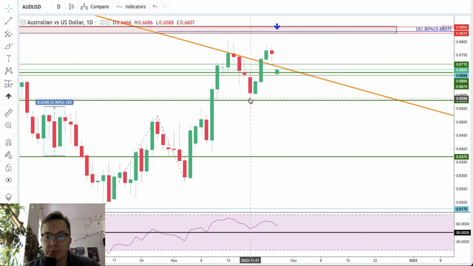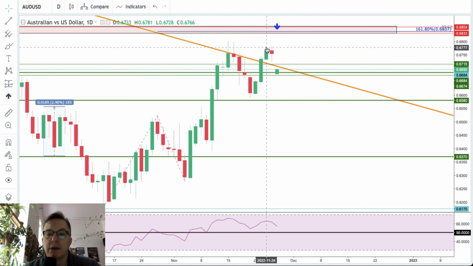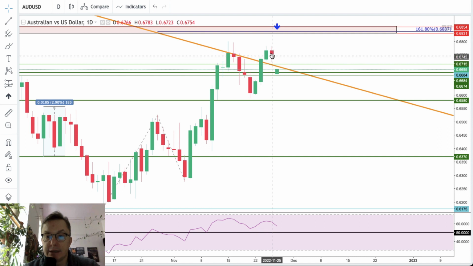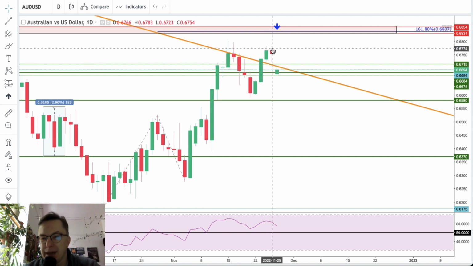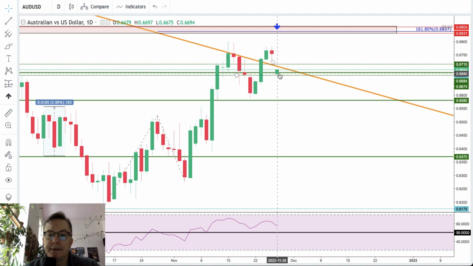We had a slight pullback, then a 3-day rally. We closed above the trend line, but the very next day we got a kind of pin bar here, an indecision day, and the new week started today. So we have a gap down on the Australian dollar, which is of course a very bearish sign. The momentum is still positive, not very strong because it's only 57 points. However, it's still above the level of 50, so the outlook is still bullish.